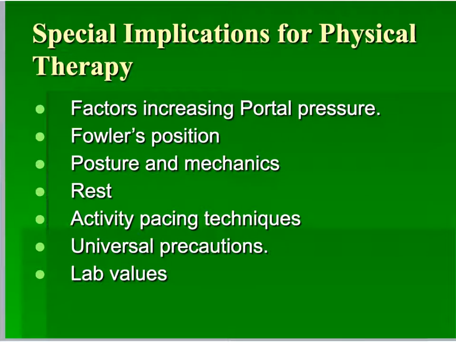And when we put them in a Fowler's position, the advantage is that the fluid from the peritoneal space takes some stress off their hips and knees when they are flexed, because their hamstrings are usually tight, and when their hips and knees are flexed, you take some tightness off the hamstrings. It helps with their breathing. They can breathe better. It makes them more comfortable. It puts the diaphragm at a slightly better length-tension relationship,